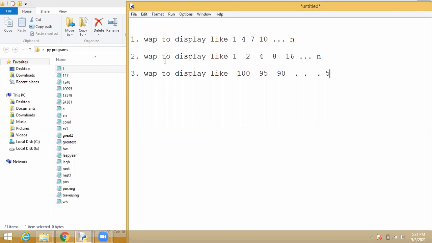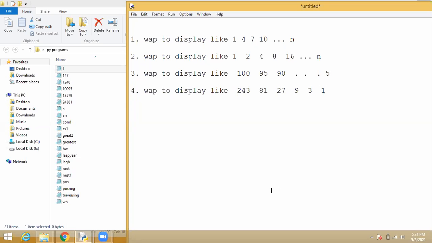This is the third one. The fourth program, write a program to display like 243, 81, 27, 9, 3, 1.